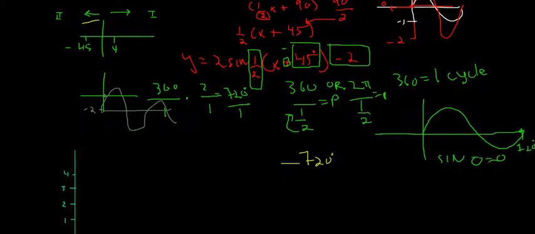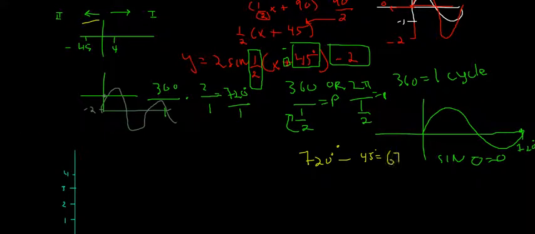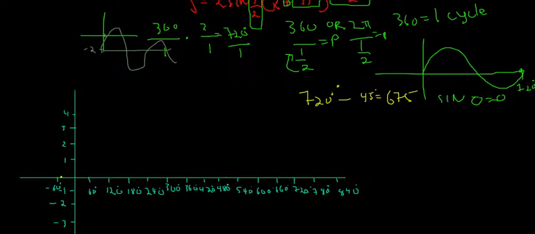But if you take 45 away from 720, what should we get? What's 720 take away 45? That should equal 675, right? So 675 is around the 660s here. Let's just say around here somewhere, estimately around here. These two points, between this and this, should be one cycle,